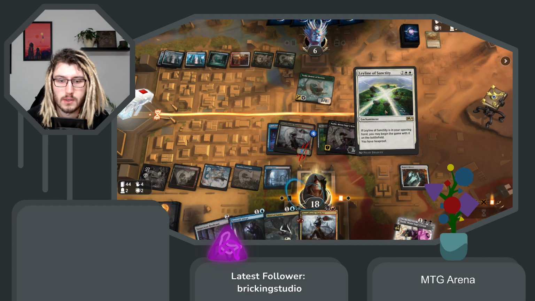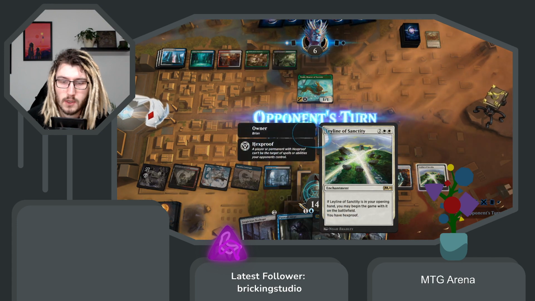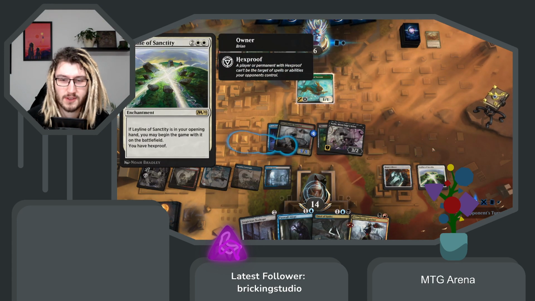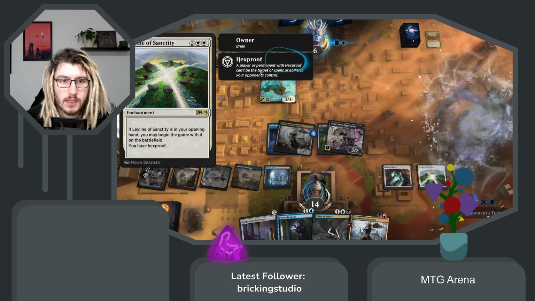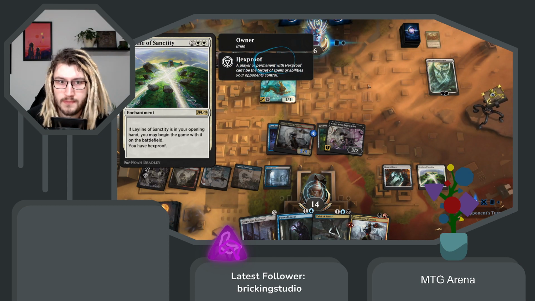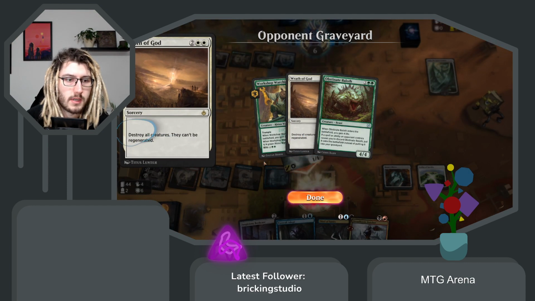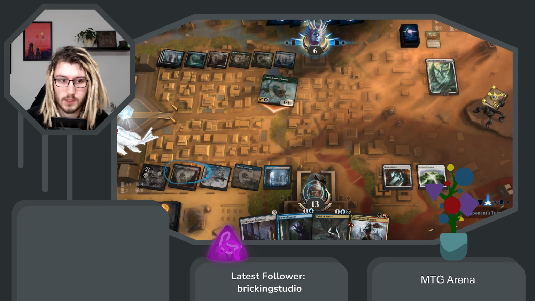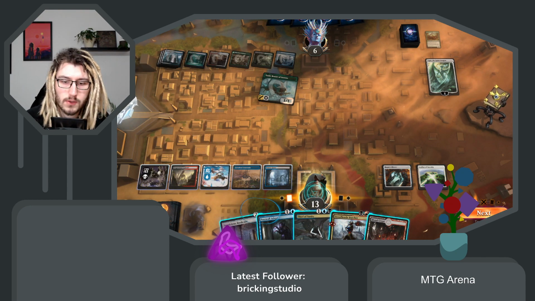Let's just do that, just out of curiosity. They are permanents with hexproof, cannot be countered. Yeah. So I wonder if this card destroys all creatures, they can't regenerate. No, this doesn't target me, so that would be the general case. And here, exile permanents with value X or less. Okay, so